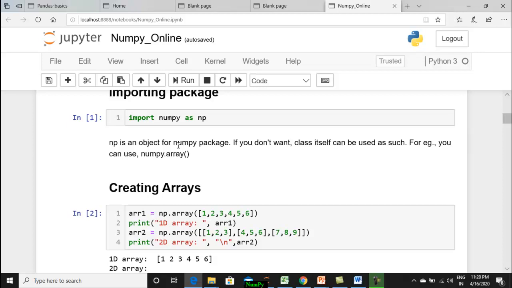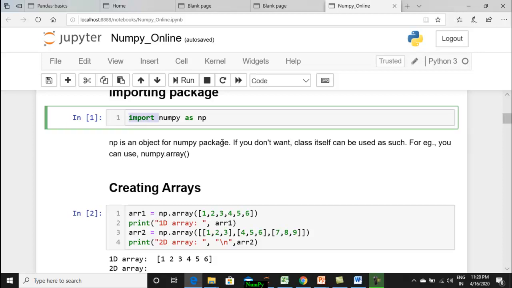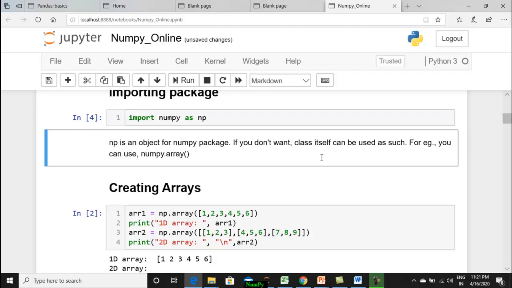In order to use the NumPy package, you have to use a command called import followed by the package name numpy, as np, which creates an object for this particular package. Normally, if you don't use as np, then for accessing every method you have to write numpy dot. Since that might be lengthy, we are creating an alias. So np is an object, and we can use np dot thereafter. You run it, and if no errors are thrown, it means numpy is installed on your system. Or else, you have to install numpy using pip install numpy.